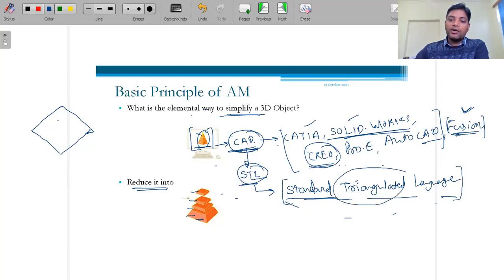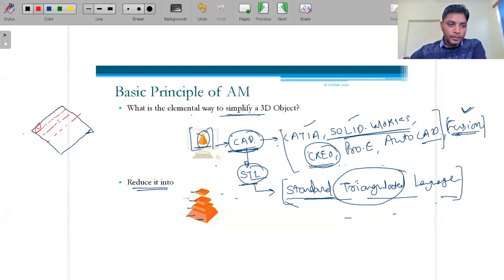STL is standard triangulated language. So what is the meaning of that? It will divide that into small lines, and if you see this one, it will convert that into small triangles.